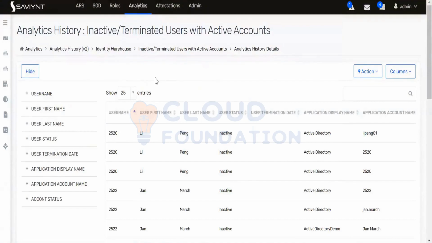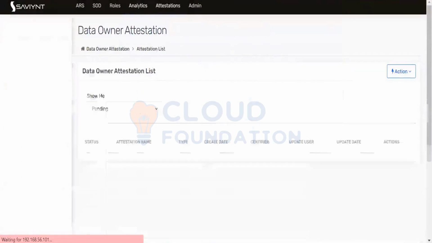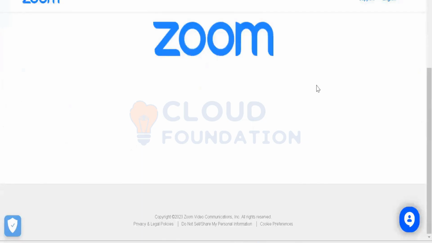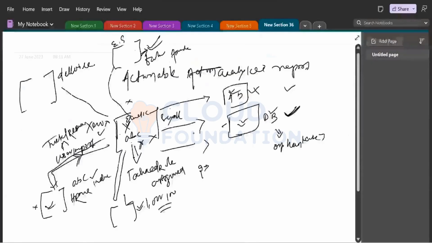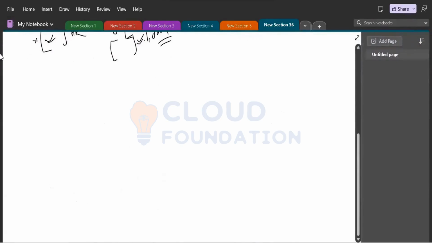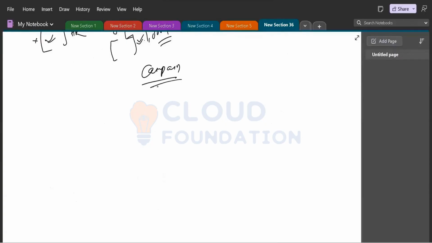Let me show you a new thing today, that is your access to some of your campaign property. Why do you run the campaign? What is the requirement of the campaign? Let's have a look. The topic we'll be covering right now is campaign. What is this campaign? Basically, campaign allows you to run